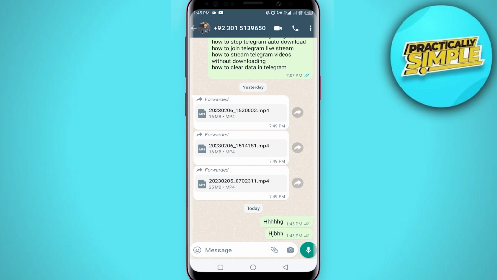You can disable this particular option of read receipts, and then you can read messages without the sender knowing. So that's it for this